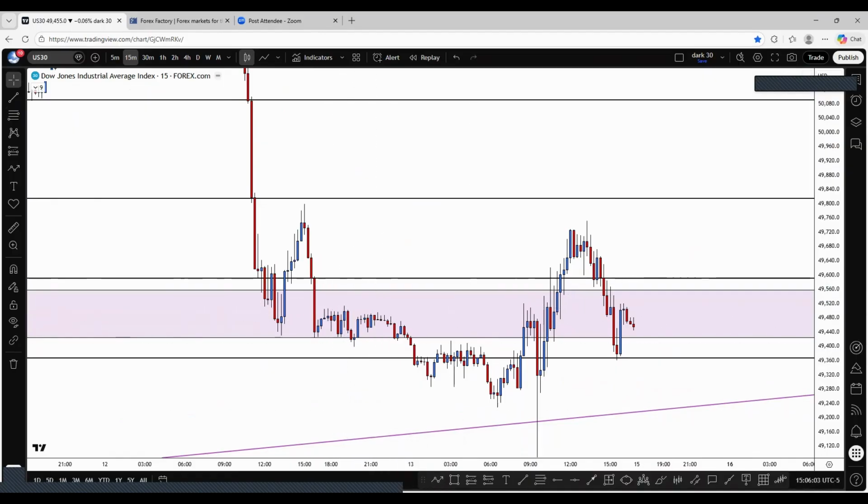like I said, and it pushed up and bounced back. And then this is beautiful. On this 15 minute, that is a beautiful bullish candle right there. So, based off my analysis,